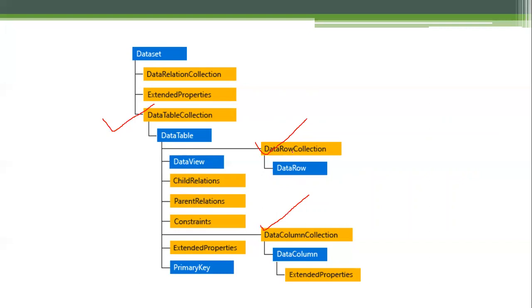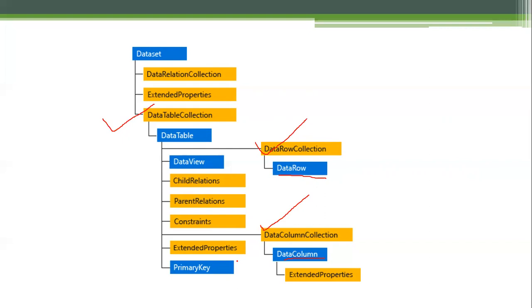Okay, each row collection will contain data rows. Okay, each column collection will contain data columns. So there are other properties like child relations, parent relations, constraints. We will see them all together. So this is about dataset.